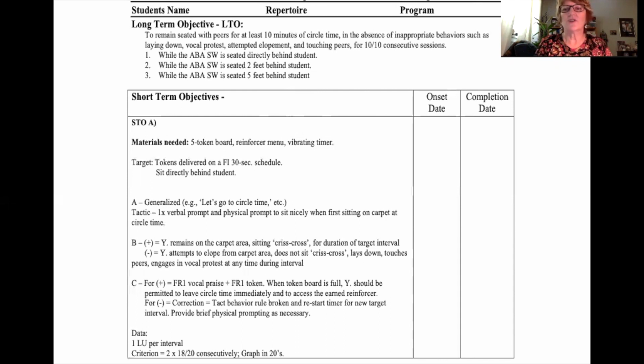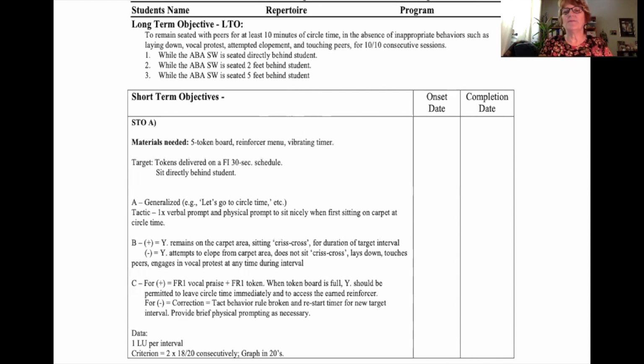And I watched the teacher trying to have a circle time with a bunch of students, and one student was rolling around on the floor, running around, going under tables, and the EA was following the student saying, time to go to circle time, time to go to circle time, time to go to circle time. And the student wasn't going to have anything of it. He was what we call eloping. He was trying to get out of doing circle time. This is exactly what the child this program was written for was doing.